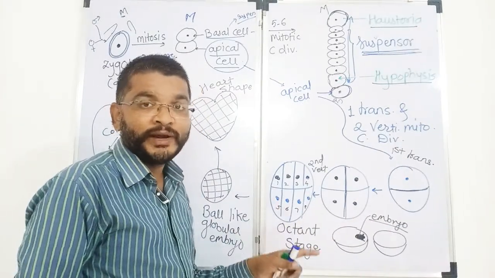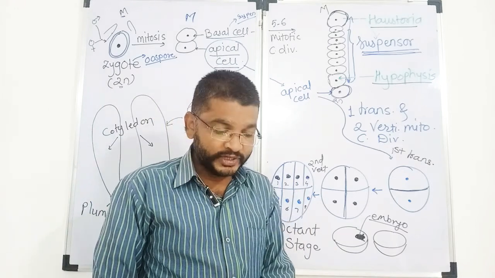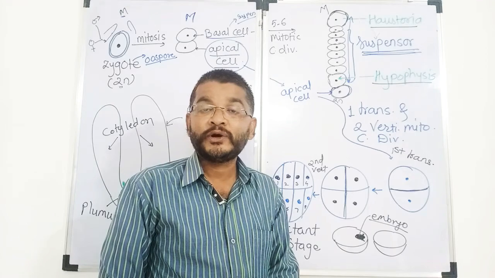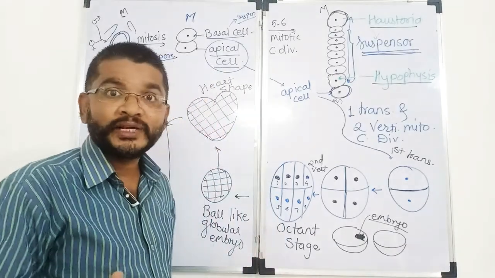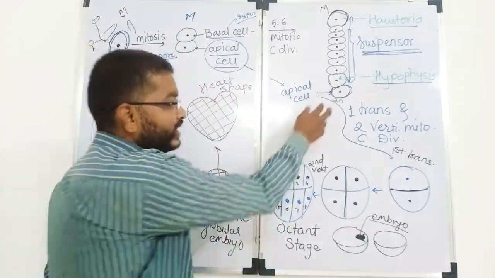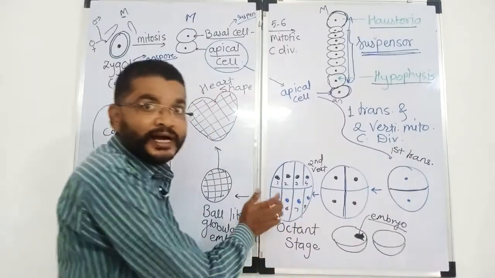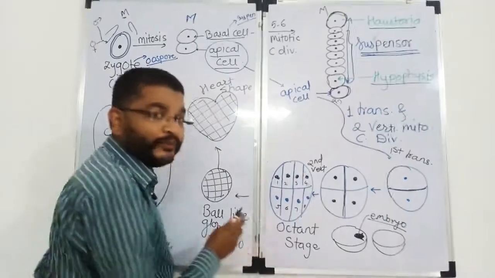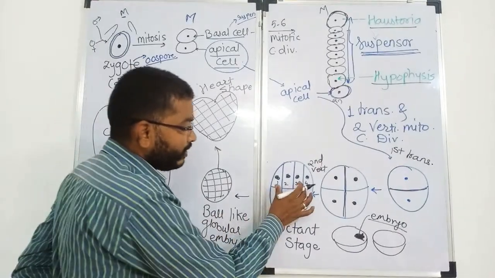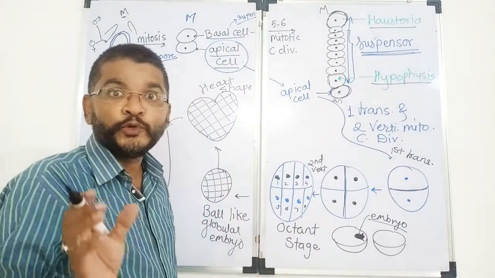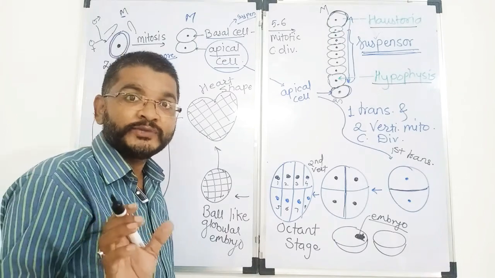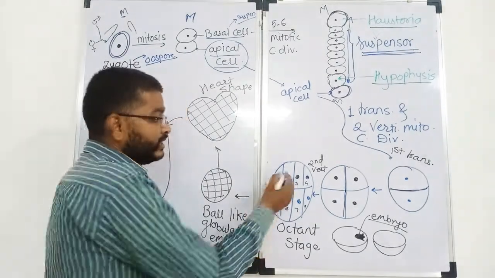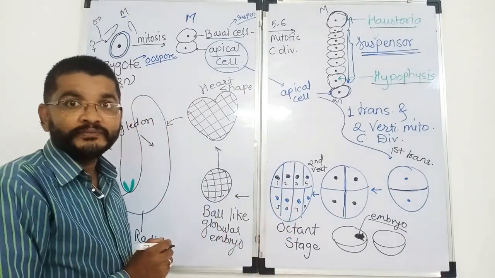Mitotic cell division. Mitosis is a cell division in which a parent cell divides into two equal size daughter cells. तो हर एक में क्या होता है, दो दो डबलिंग होता है. तो एक से दो, दो से चार, चार से आठ. तो finally 8 daughter cells, 8 cell proembryo has been formed. And here all these 8 cells are arranged in 2 rows. In textbook it is mentioned they are arranged in 2 tiers. Tiers means what? Rows. The upper and lower tier.